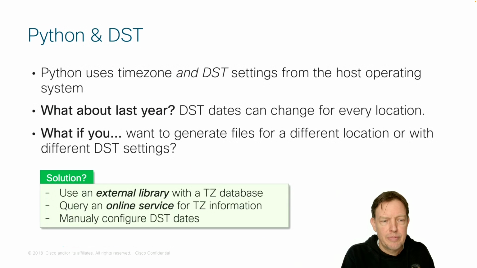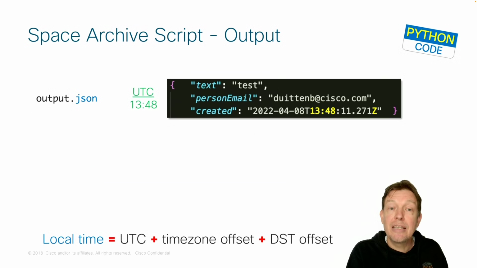Cool. So in Python, how can you deal with the time zones and DST changes? You can use external libraries. You can use online services to get the right information, or you configure dates manually. That is what I have done. And